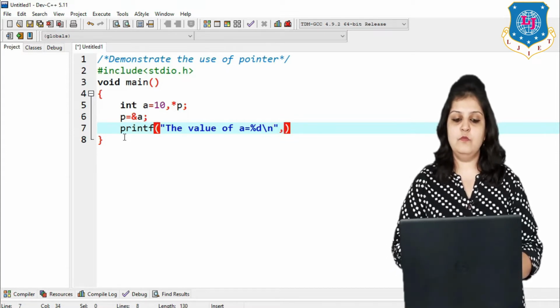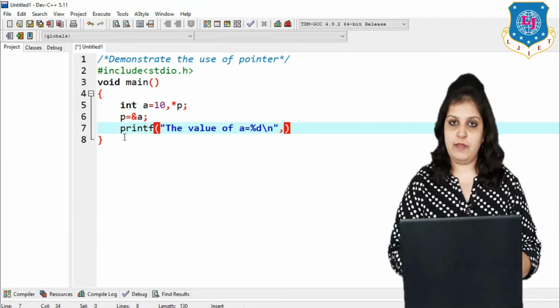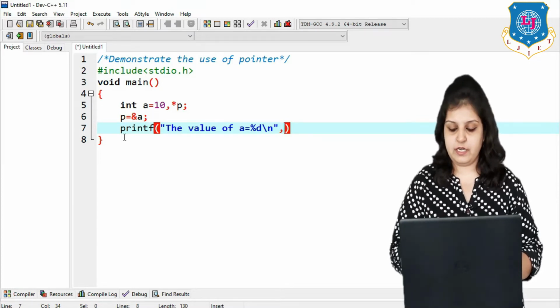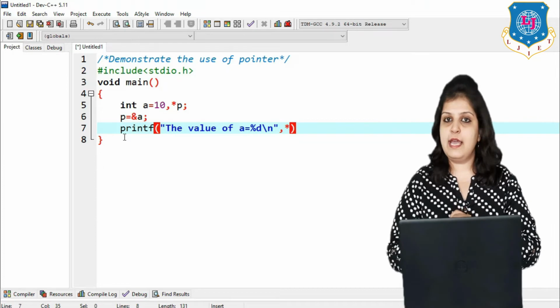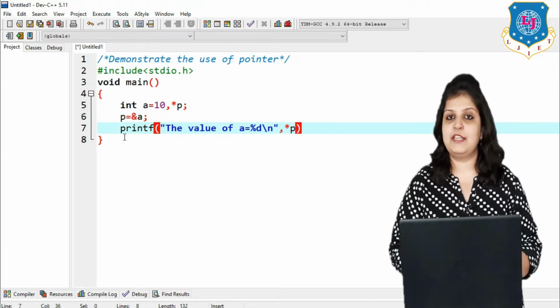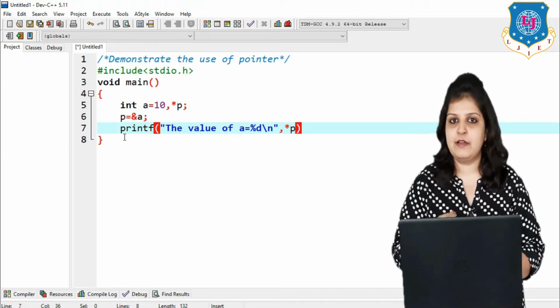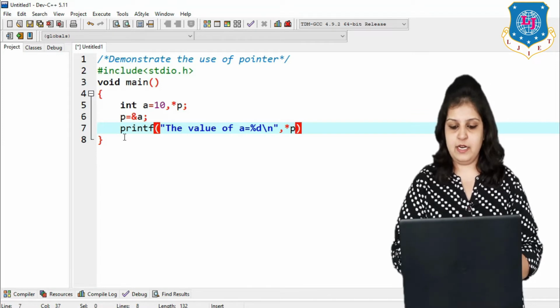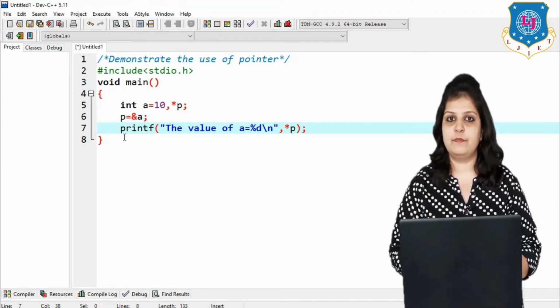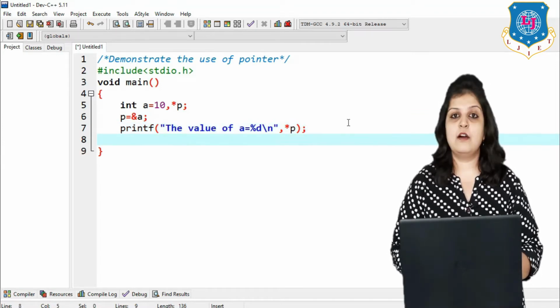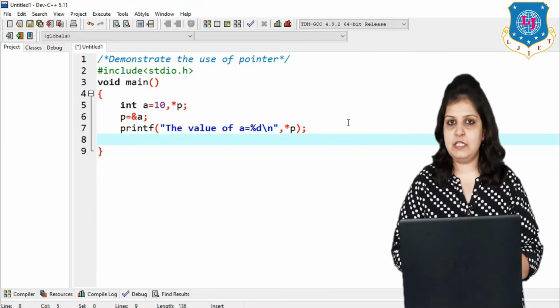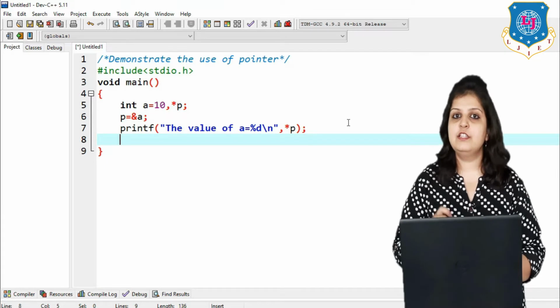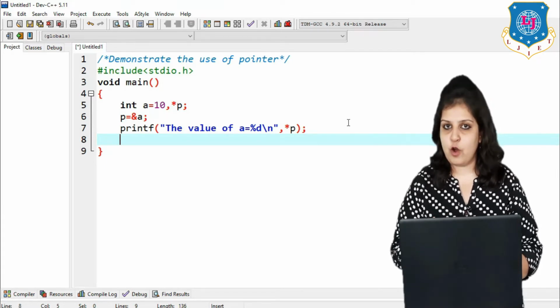Now when you want to print the value of a using your pointer, then we compulsorily have to use the asterisk symbol, because the asterisk indicates the dereferencing operator, and then after that use a semicolon. Now if I want to print the address of a variable using pointer p, how can we print it? Just print the value of p.